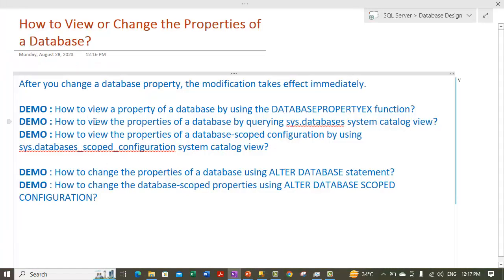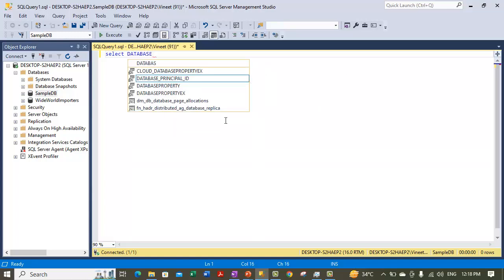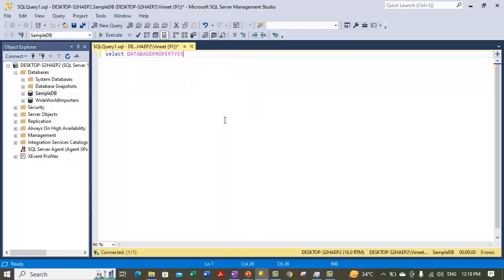First we are going through one of the practicals, which is how you can view a property of a database by using the DATABASEPROPERTYEX function. This is the function you need to remember if you want to view the property of a database. Let's try to use this function quickly. Along with me, write a note. Let's do a select. What we want to select is a database property, so we will make use of this function. The function name is DATABASEPROPERTYEX,